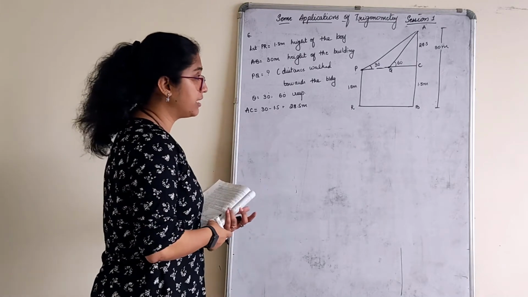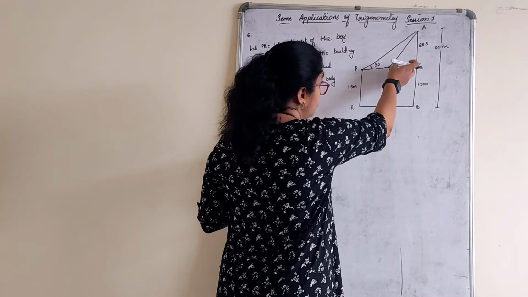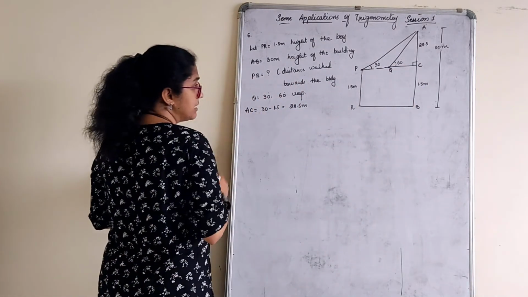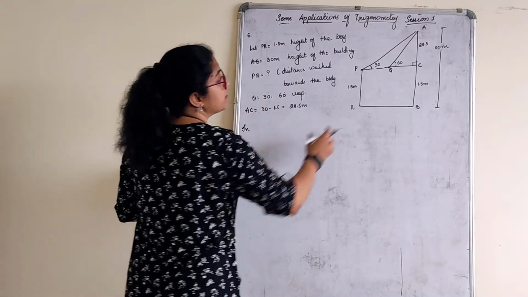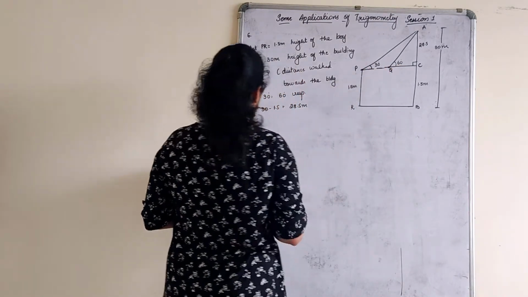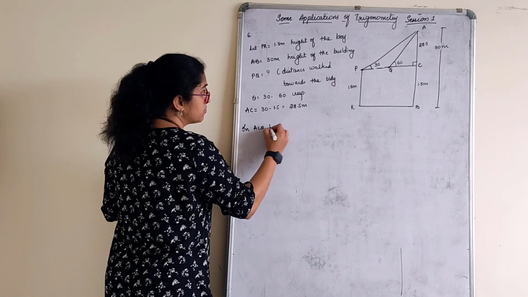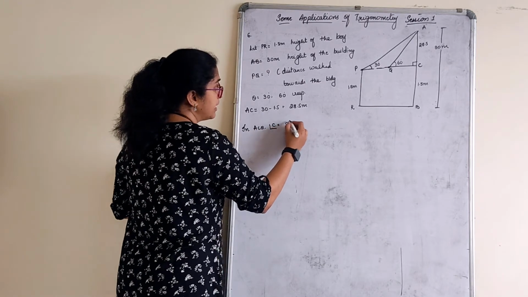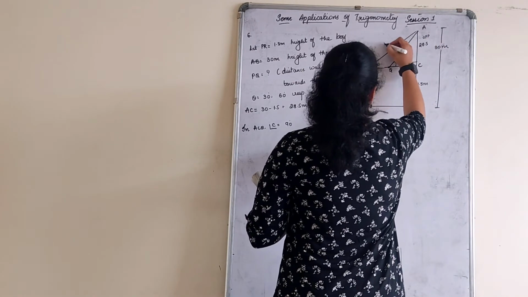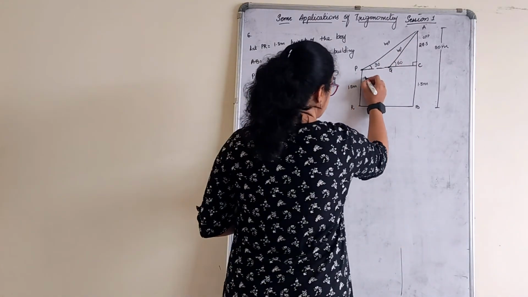Let's go on considering the triangle part. So first of all, if you have to find this, you need to find the whole, then you have to find the part. Whole minus part will give you this. First, we'll consider a triangle. This distance is important to find first, then the part distance. In triangle ACQ, angle C is equal to 90 degrees. So both the parts are this only. So this is opposite and this is hypotenuse. Adjacent, the whole is adjacent.